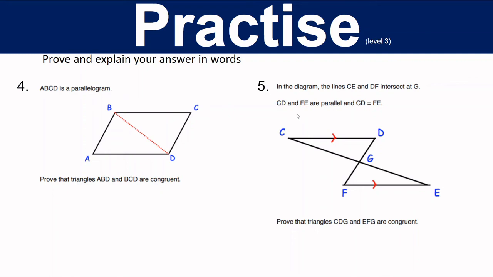CD and FE, this line here and this line here, are parallel, marked with these red arrows, and equal. Prove that triangle CDG, that's this one here, is congruent with triangle EFG,